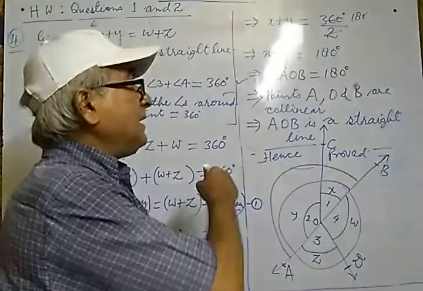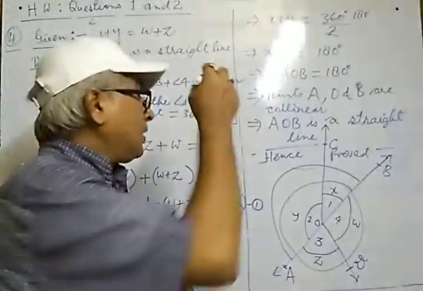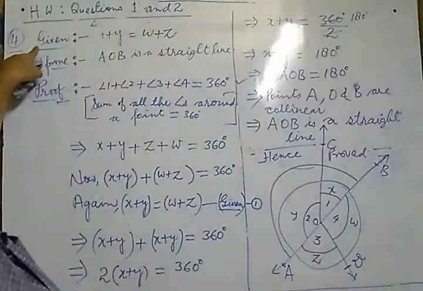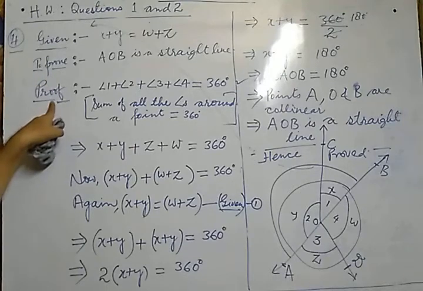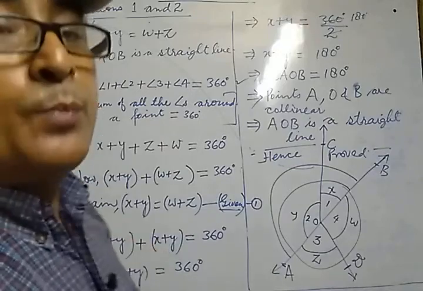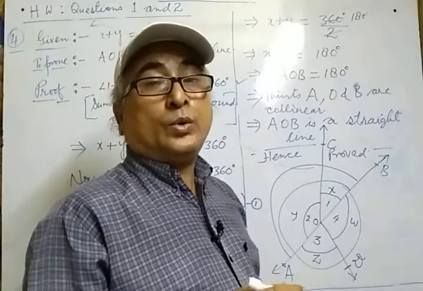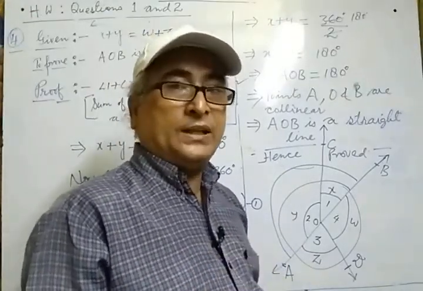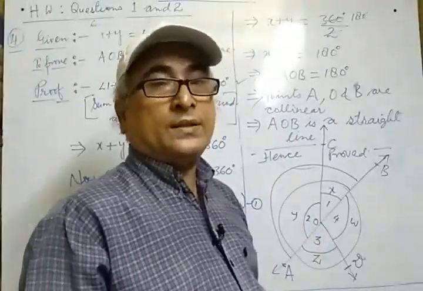Now, you are given time either to take a screenshot or pause there and note down these facts. Firstly, you will draw the figure, then you will note down the given, then what is to be proved, and we will start from the proof and note it down as it is. If any doubt or problem is there, you will discuss all those problems during the live session. If any difficulty you face, only then. If you understand, there is no need of discussion.